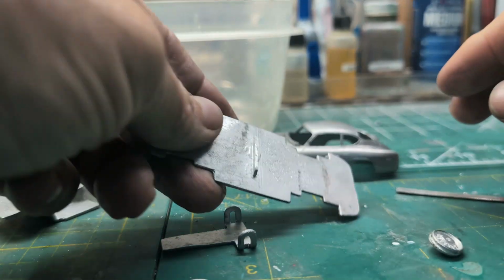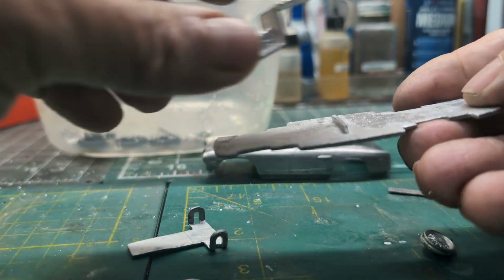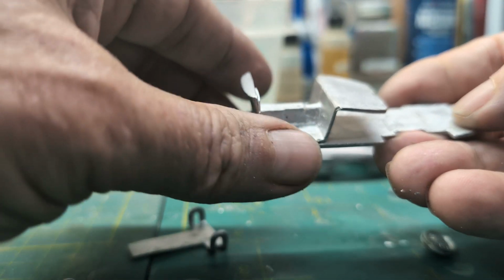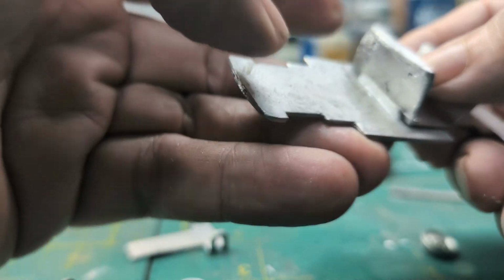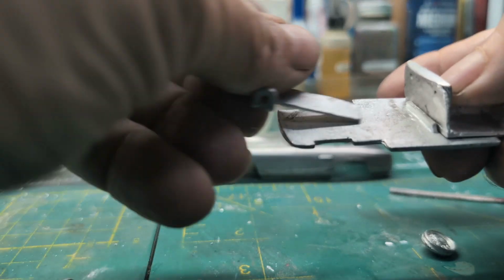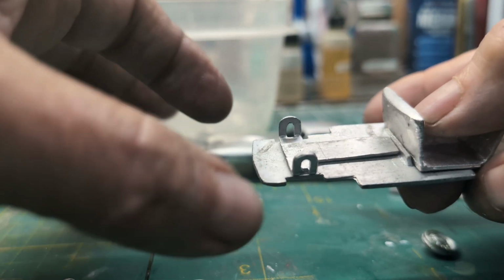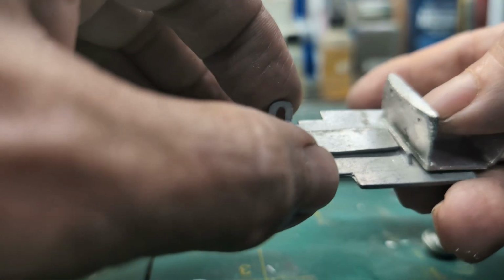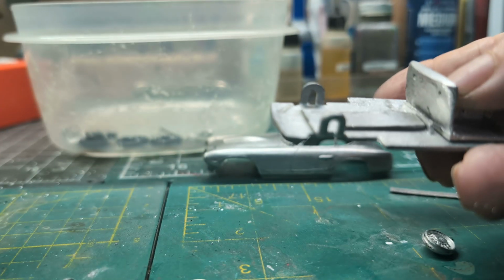A lot of flashing on these, and when you put this together, like this is the back. It's how it's got to go in there. Let's see, does it go that way? This way. See, it has to hit that lip right there, the dash, and then this piece, it's got to hit that, and then the wheels line, and see, that's not even cut straight. That's got to line up there, and then the axles,